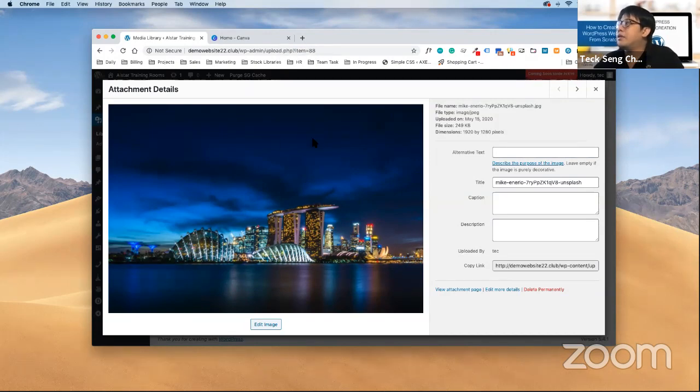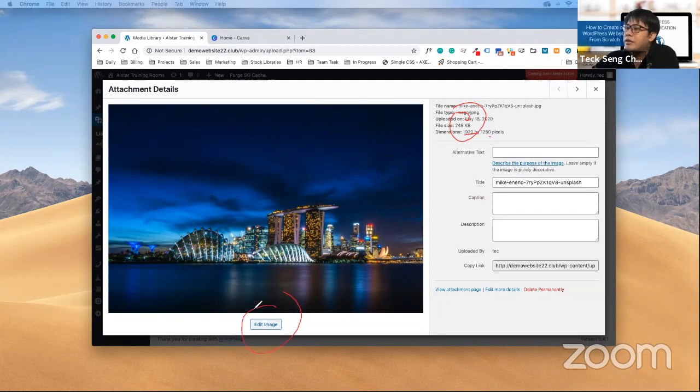If you take a look at the image size now, you can see that the image size right now is around 249 KB. We want to compare to what we will achieve after we crop and resize it accordingly. 249 KB at 1920 by 1280 pixels.